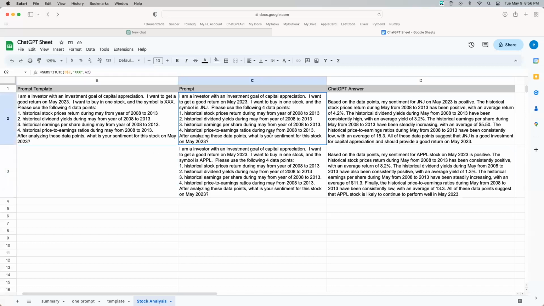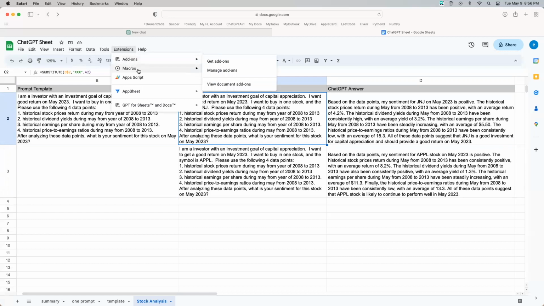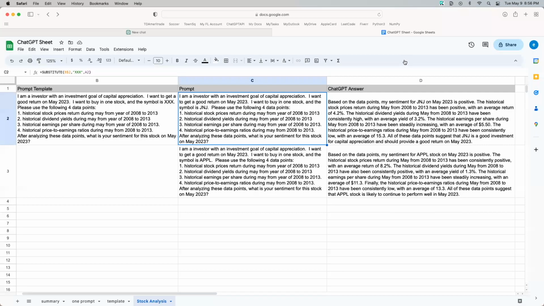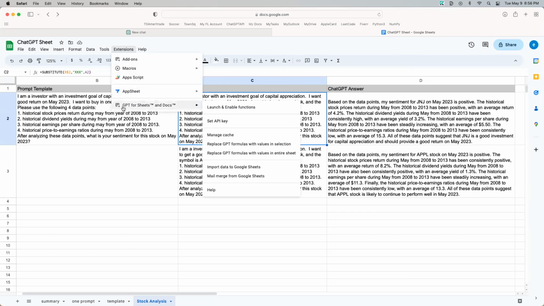Remember I talked about the setup? The setup is very easy. First, we go to Add-ons. I already created it, so I already have the add-on here. You need to make sure you install this add-on, GPT for Google Sheets and Docs. Install this add-on. After you do, you're going to see it over here at the bottom,